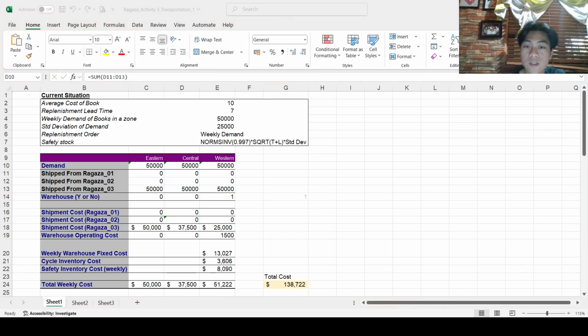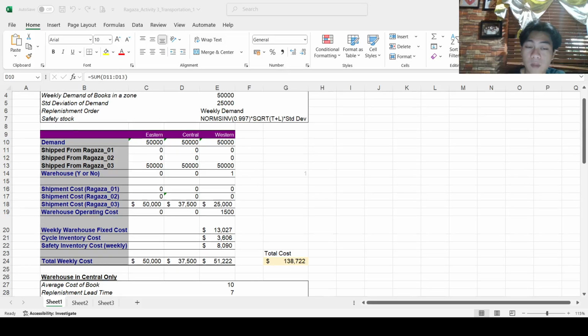So now for the first warehouse, which is this one, we selected that it is located in the western part. That's why there is a one or a yes on the warehouse column. Next is to determine the shipment cost from different regions, and this is the formula, which is